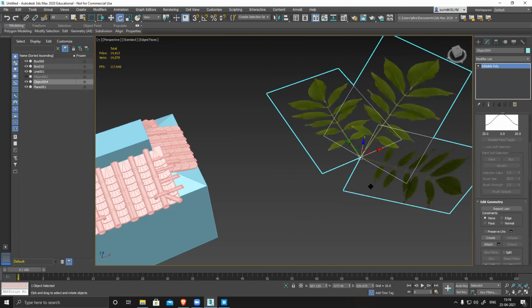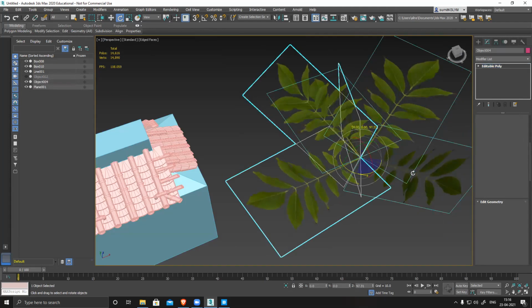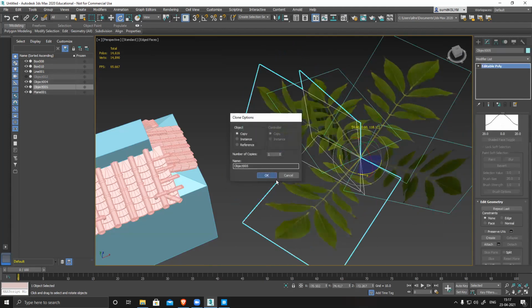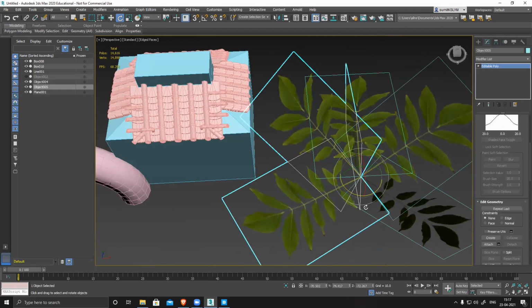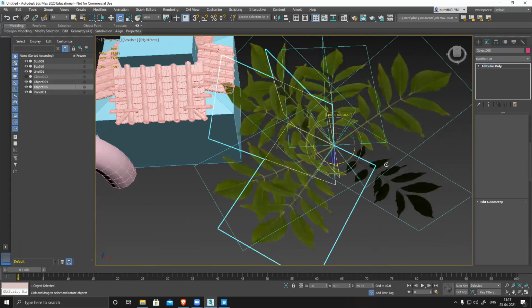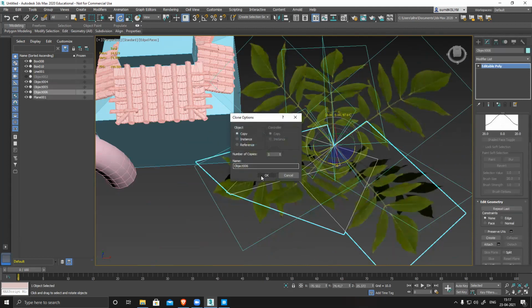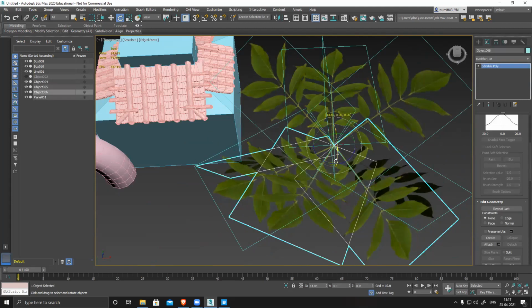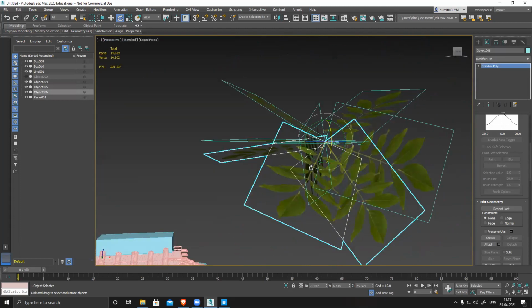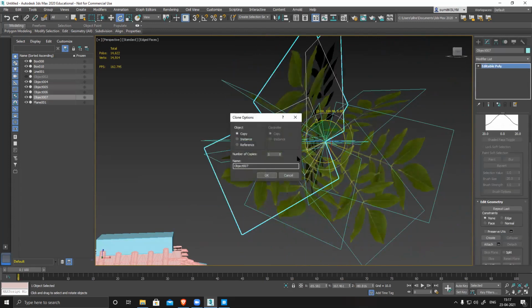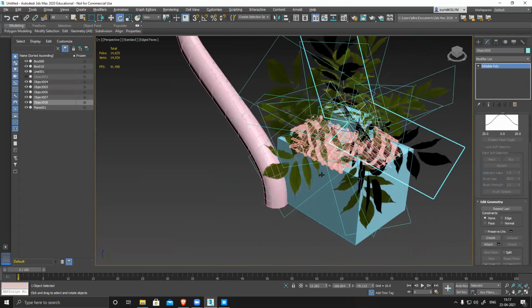So I have one geometry now. Rotation again. So you can see now all the leaves are there. I can create one more rotation, change the angle. So two I have created.